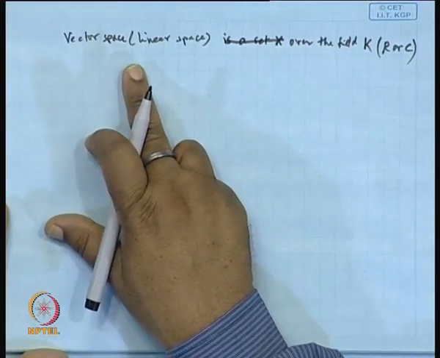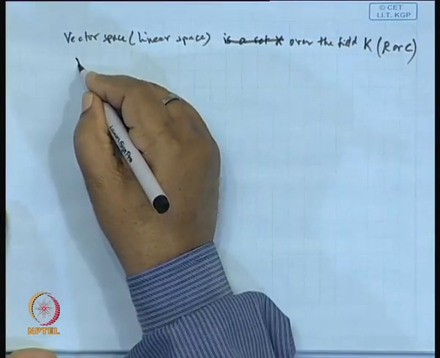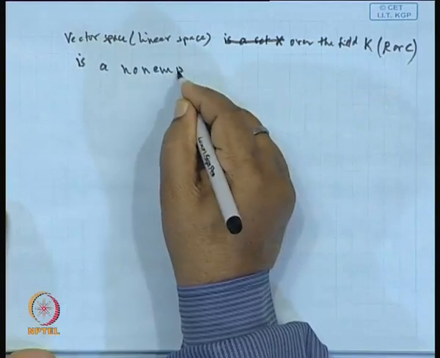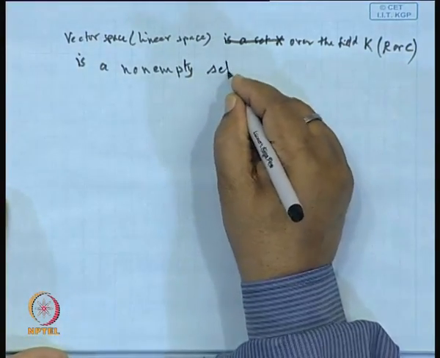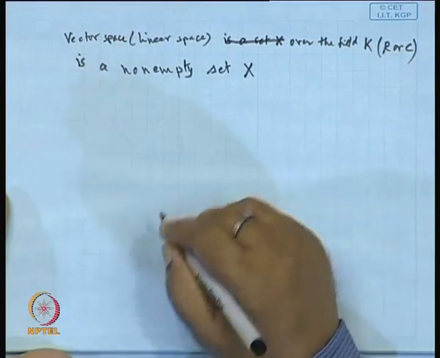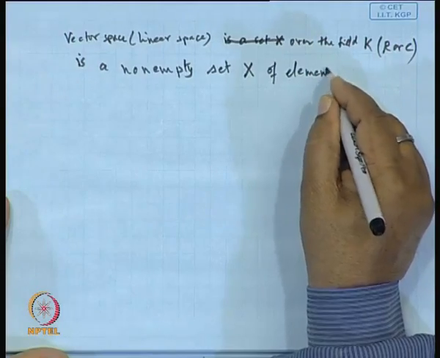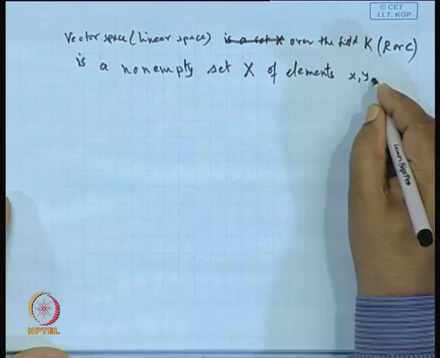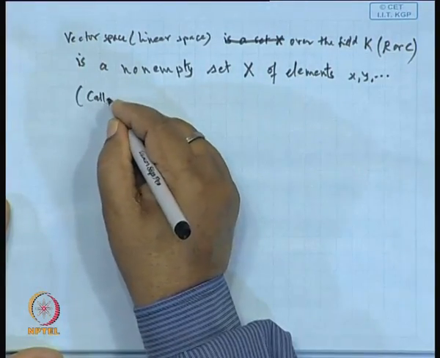So, a vector space over the field K is a non-empty set capital X of elements x, y and so on, which we call vectors,